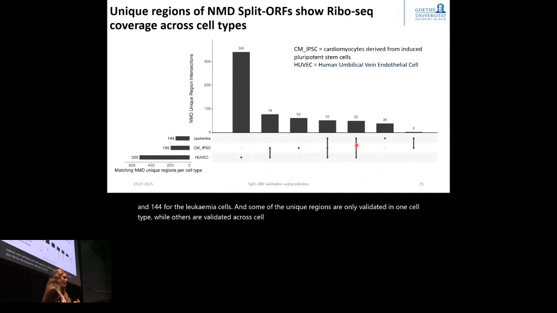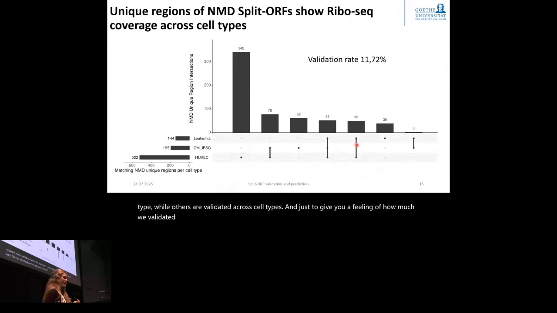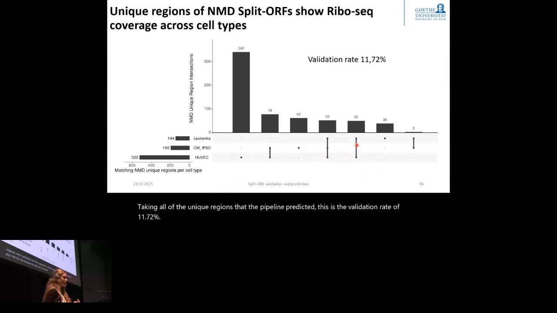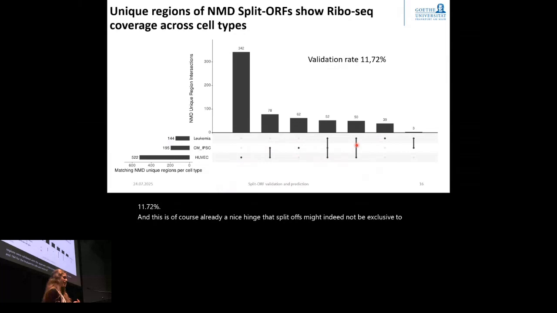And just to give you a feeling of how much we validated here, taking all of the unique regions that the pipeline predicted, this is a validation rate of 11.72%. And this is, of course, already a nice hint that split-orfs might indeed not be exclusive to SRSF7, but are more